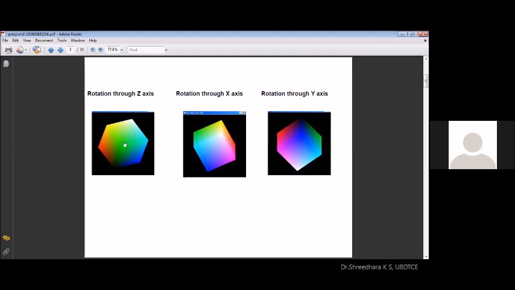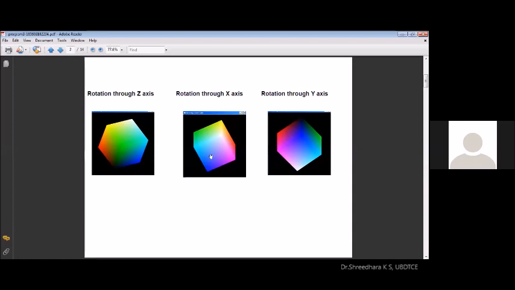So each time it is trying to find out the next pixel and its color, and everything should be properly calculated in the program. And you can rotate, that is, spinning here refers to rotating along the x-axis, along the z-axis, along the y-axis. So this is the requirement for this program. First, creation of the cube, giving color to the corners so that it looks very clear, and whenever it spins, you can observe all the corners systematically, and also it should be rotated along the axis support, whether it is x-axis, y-axis, or z-axis support. I hope the problem is clear.